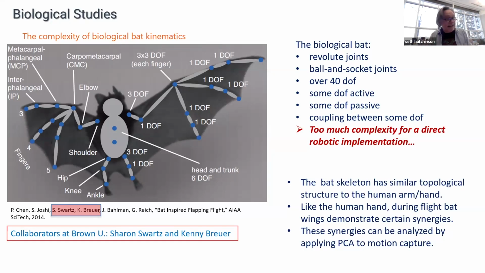One of the things that probably jumps out at you, if you've done much work in robotics, and particularly any work with grasping and multi-fingered hands, is that the skeleton of that bat is a lot like the skeleton of your arm from your shoulder to your fingertips. You have 3 degrees of freedom at the shoulder, then an elbow, and this bat has basically 3 fingers instead of 5. So topologically, the skeletal structure of this bat is very similar to the human skeleton from arm to fingers.